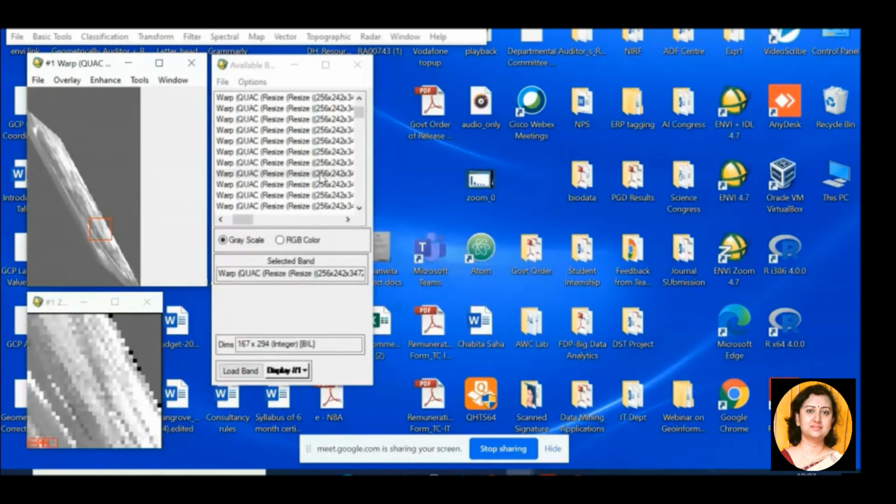Yes. I have selected only 3 GCP points, because of which the warping has been totally wrong. Because everything is dependent upon the ground control points that I am choosing.